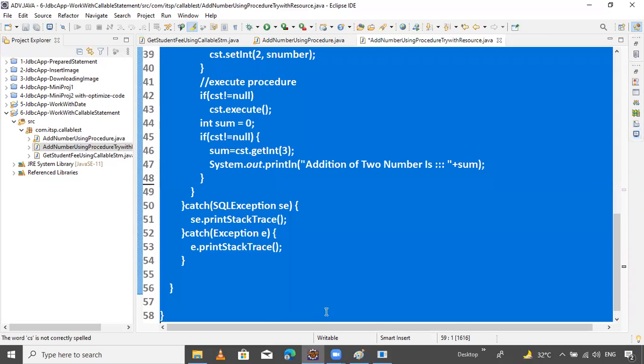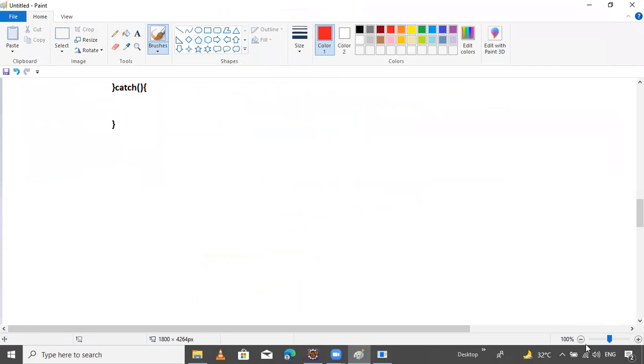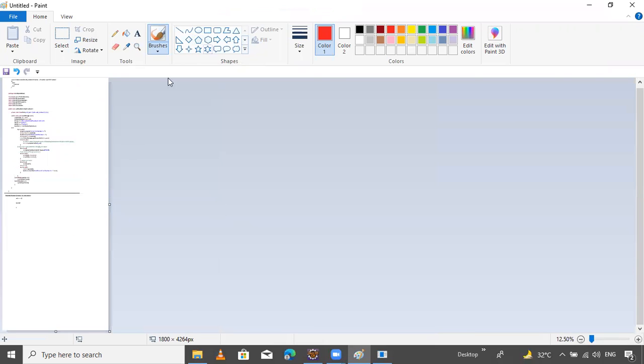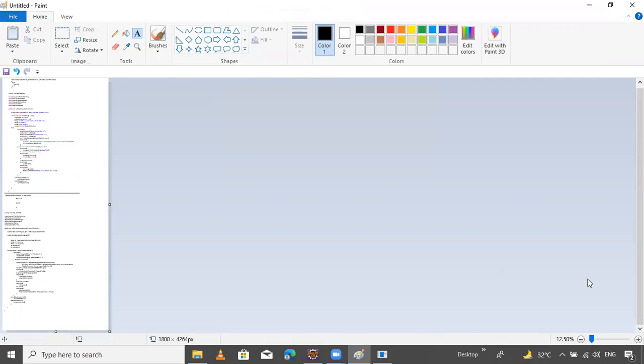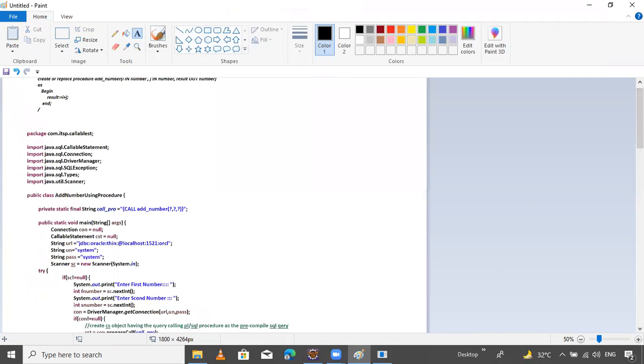Okay, control, let's see. And here just Control V, just bold it, and this one is good. Control bold, and 15 size is good. Okay. Now let's see the output.